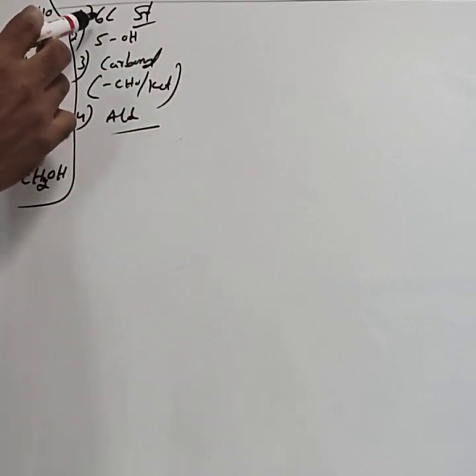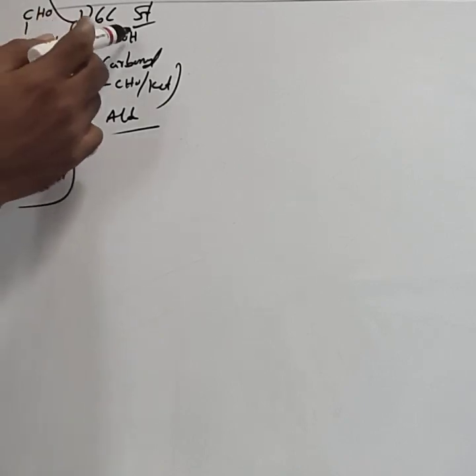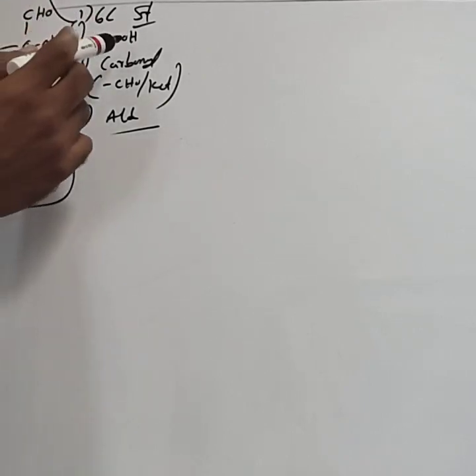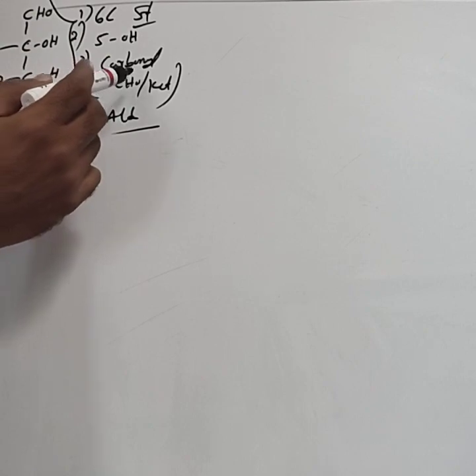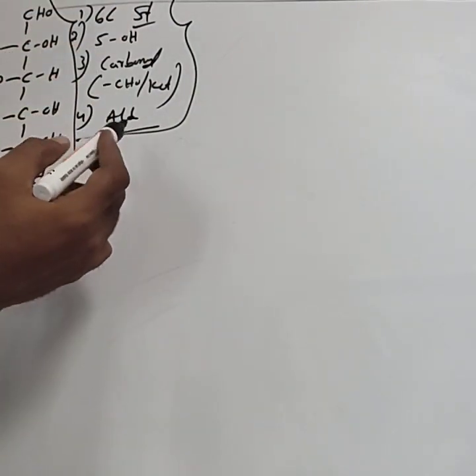You have to prove that glucose has 6 carbon atoms in the straight chain. Glucose contains 5 hydroxyl groups. It contains a carbonyl group, either aldehyde or ketone. Finally, you have to prove that glucose contains only an aldehyde group. Consider them one by one. This is for your reference only; they can ask any one of the bits.